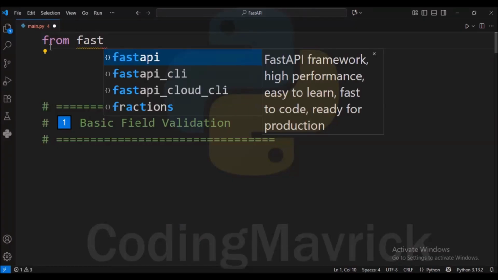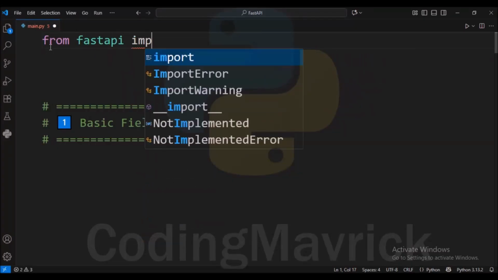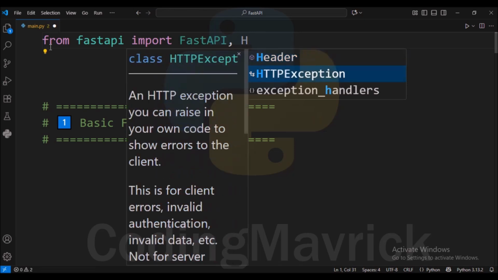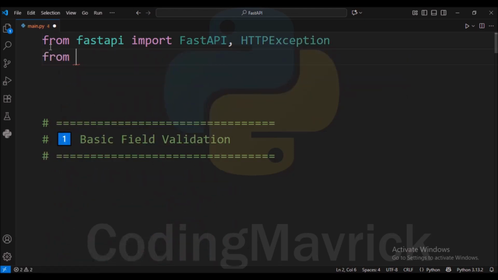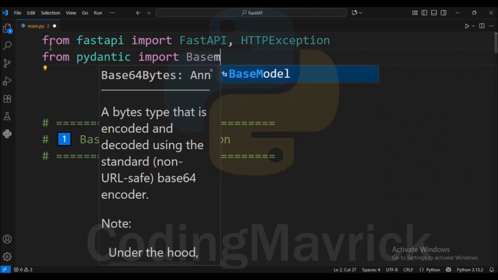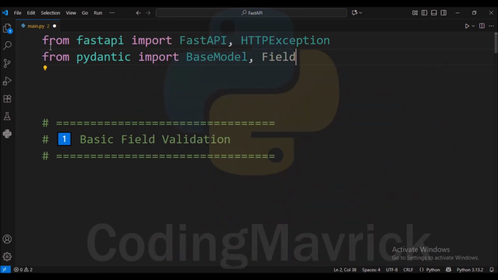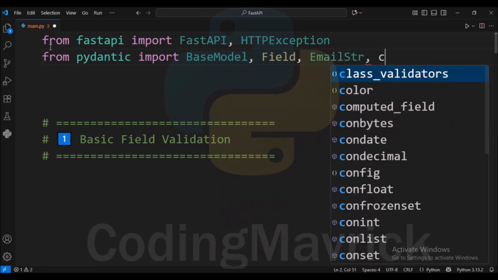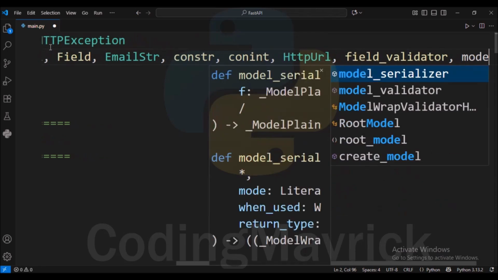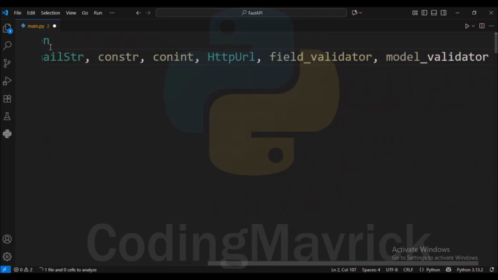We begin by importing all necessary libraries. FastAPI helps us to build APIs, and HTTPException is used for raising errors. From Pydantic, we import BaseModel and several field validators such as Field, EmailStr, constr, conint, HttpUrl, field_validator, and model_validator.